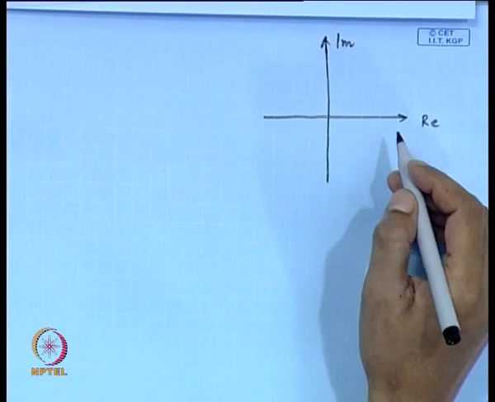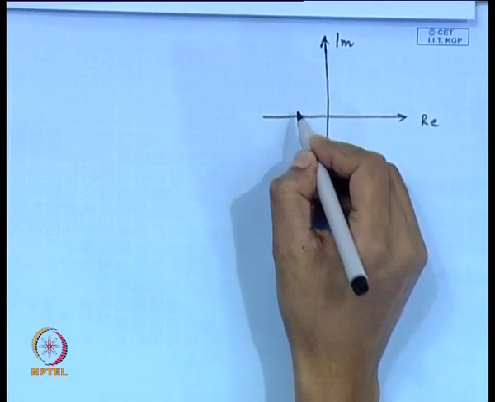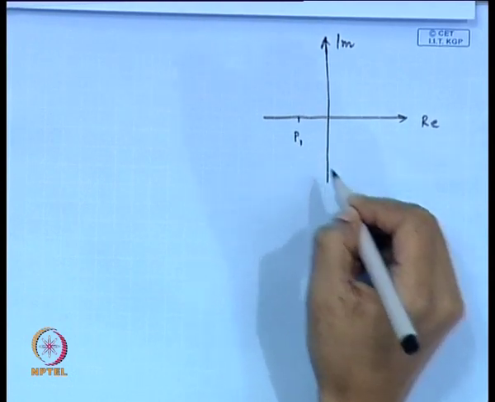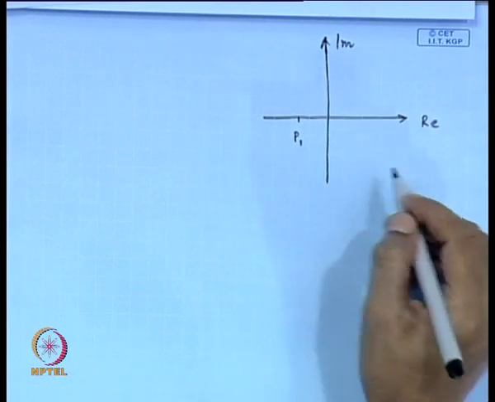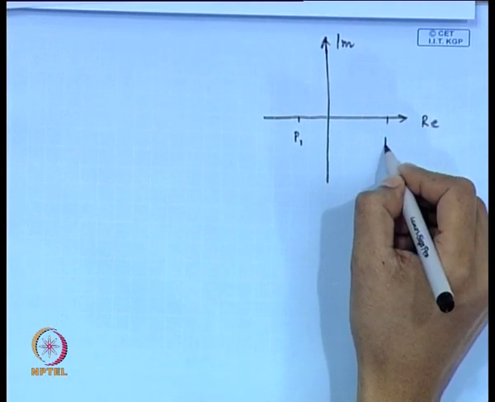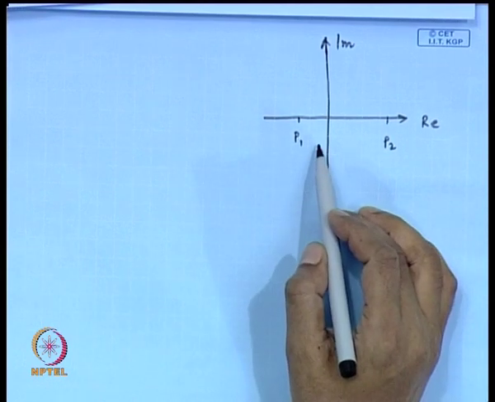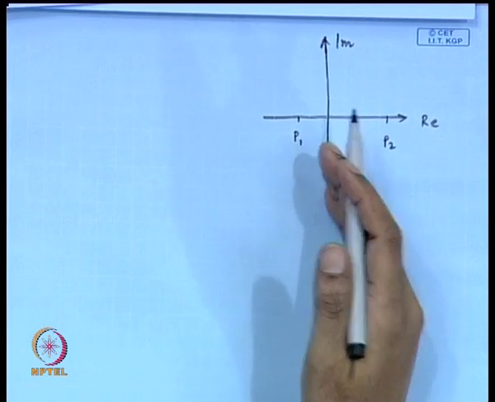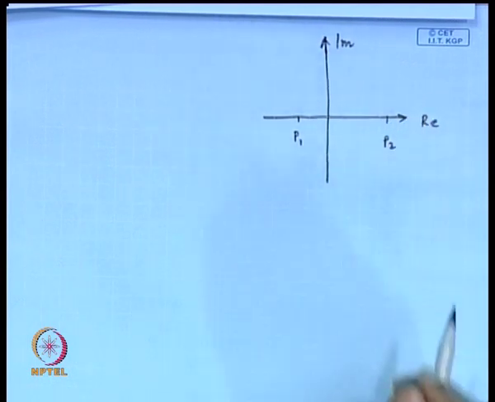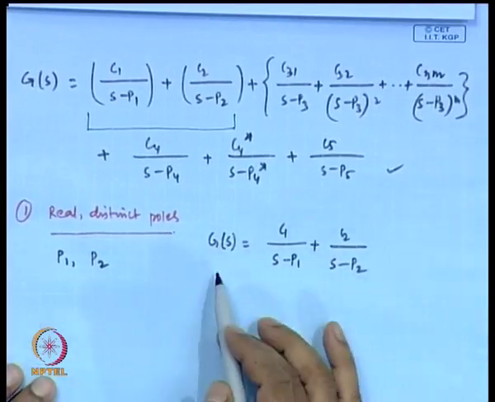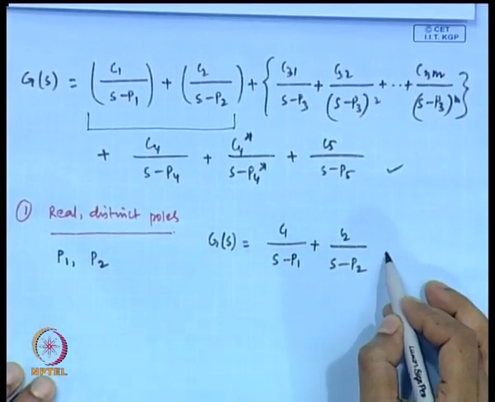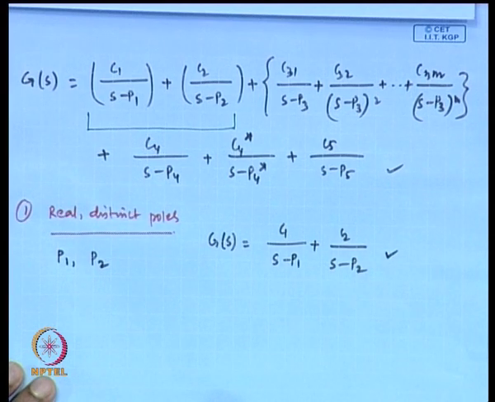One pole we will consider on the left hand side of the imaginary axis, another pole on the right hand side. One pole P1 is in the left of the imaginary axis and another pole P2 is in the right, and the transfer function is represented by G(s) equals C1 by (s minus P1) plus C2